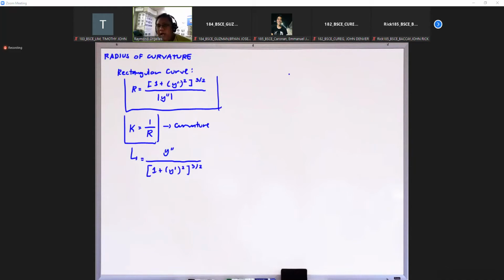Basically kung sa circle, let's say we consider a circle. Ito yung tinitignan natin: from this point, which is in this direction, papunta sa point na to, which is in this direction, makikita natin that we have a change in direction equivalent to this theta. Tapos if the arc length is S, then curvature is the ratio between this angle and the arc length. Kaya dyan pwedeng ma-derive yung equation ng curvature saka equation ng radius of curvature. Any questions para dito?